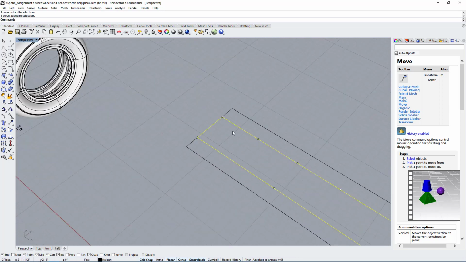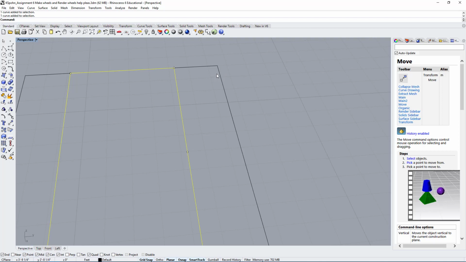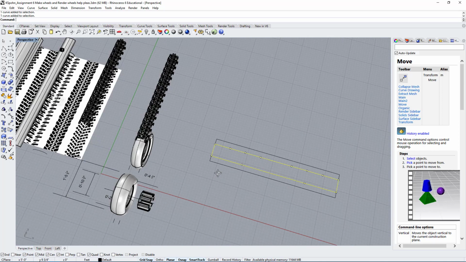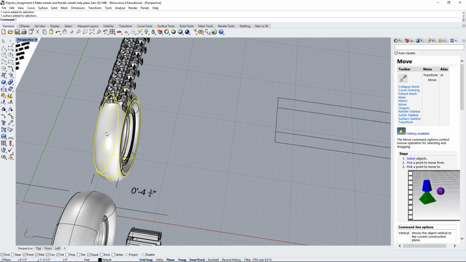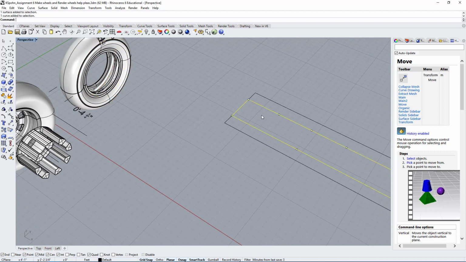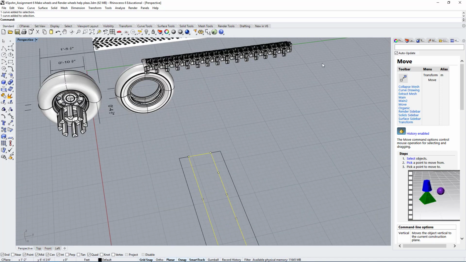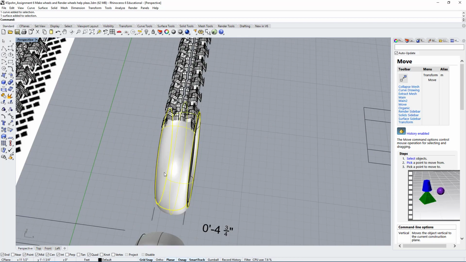So typically we don't want to use a trimmed surface, especially when there's such an offset. It's almost half of the surface that's being trimmed. So the first thing I would do here is use a shrink to trim, because when we flow along surface, we need a reference surface first, and here we don't know which one to use. Do we use the untrimmed one or the trimmed one? And it can make the whole process a little more difficult. So let's select this surface, and we will use the shrink trimmed surface command.